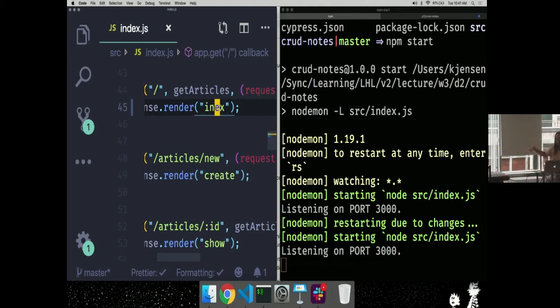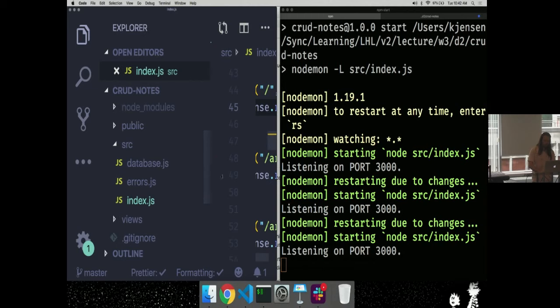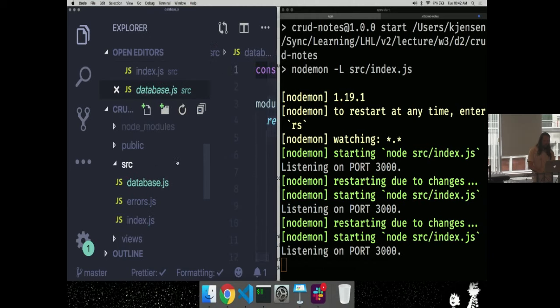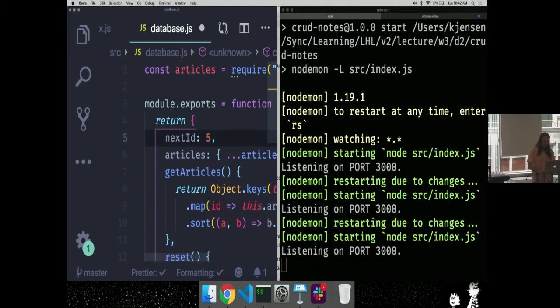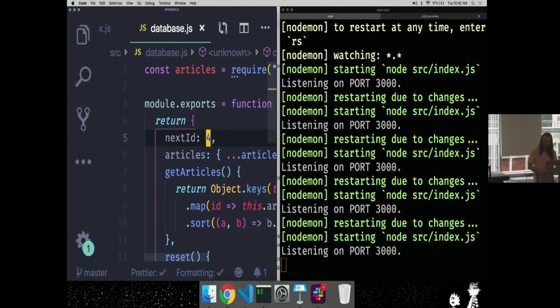Are you able to chain multiple files, like nodemon -L source index, so that it tracks multiple files? It's a good question. The question is, can I chain multiple files together, or run nodemon on multiple files? Nodemon is like node in the sense that I run one application at a time, but it will listen for changes in all of my dependencies. So all of the code that index depends on is also being paid attention to. Cool?